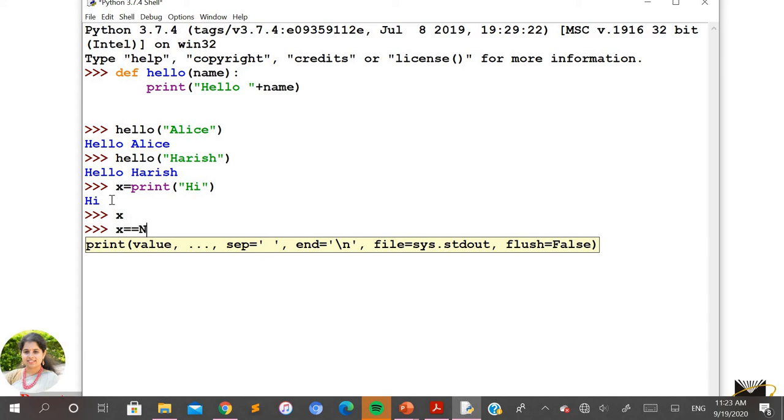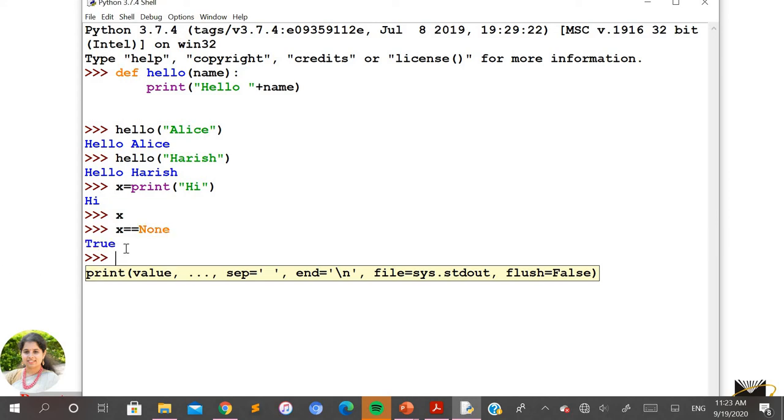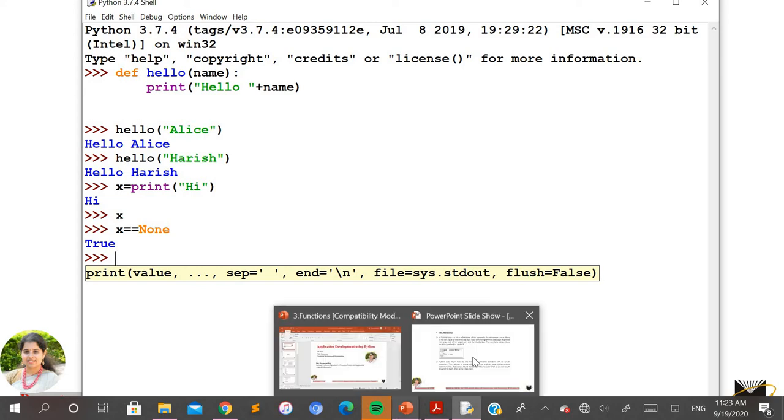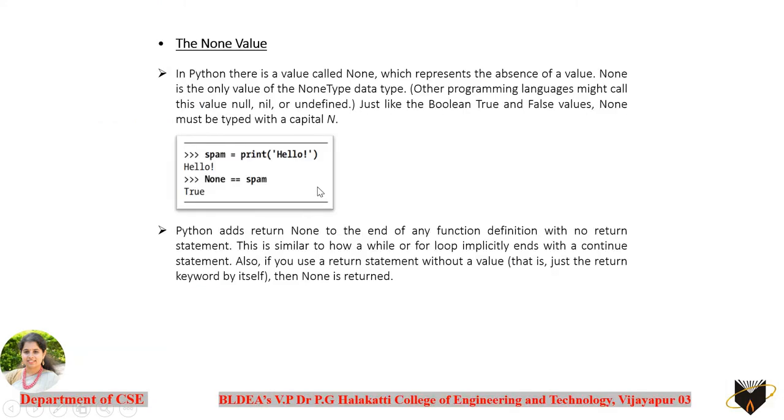N being a capital letter, NONE. If you check, you can see the value is True. That means you just remember that in Python, any function, either a built-in function or a user-defined function, if it is not going to return anything, it is going to return the None value by default.